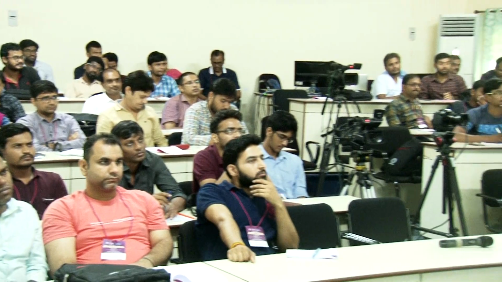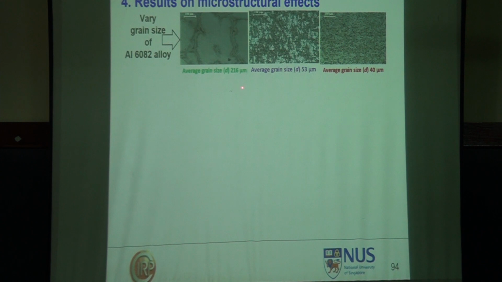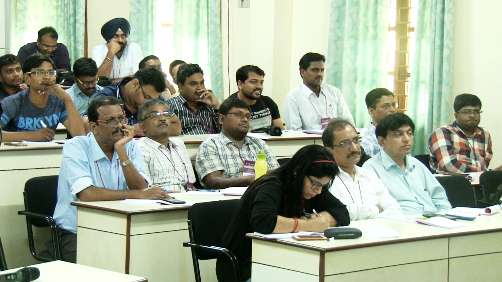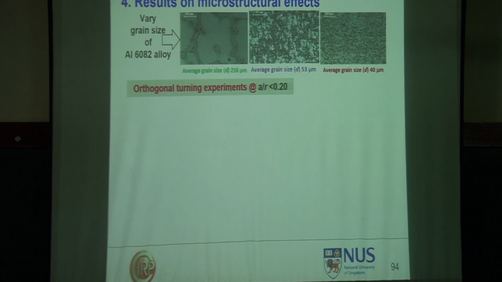Okay. To see the grain size effect, on the same material, one particular material, what material? Grain size of aluminum, we changed by heat treatment. We changed the grain size, and average grain size for these is 216, very large. And for the same material, we changed 53, another is 40. So just to see the grain size effect on same material. And orthogonal experiments, assuming A by R less than 0.2,